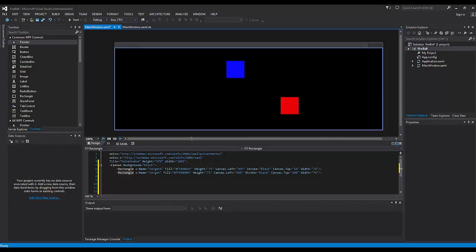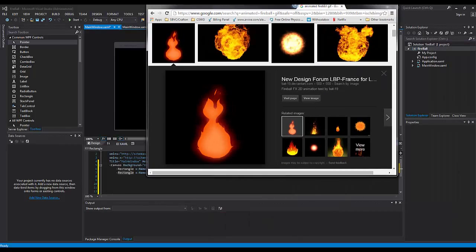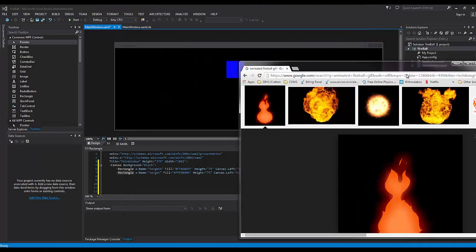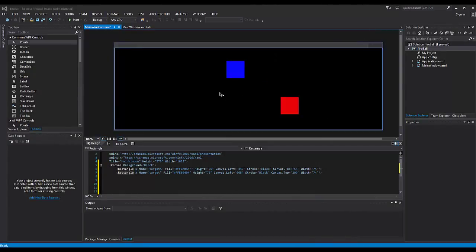So if you don't know what an animated GIF is, if I go online and I search for something, I search for Fireball here. You see, this is just a picture with many pictures inside, and it's just playing it over and over again. This is an animated GIF. And basically all I have to do is right click and save this, and that's what I'm going to do. I'm going to save that to a folder on my desktop,